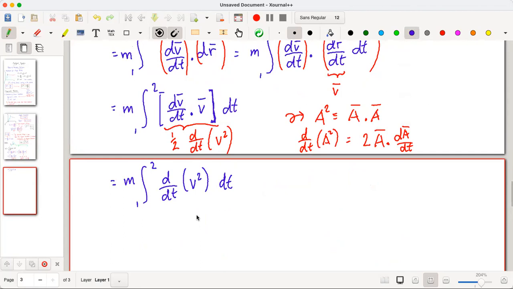Now using the chain rule again, d/dt of something times dt can be written as d of something itself, right? So what is the integral of d of something? If you have d of something, the total differential of something,